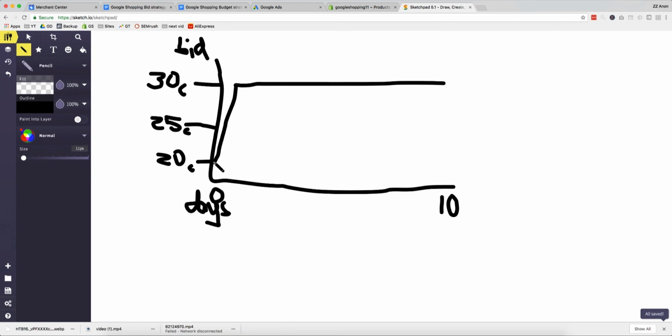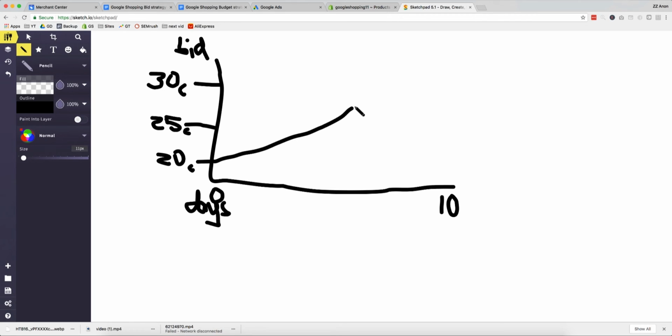If we increase the bid from 20 cents to 30 cents on this day zero, this is how it looks. The bid gradually increases like this and will come up to about 30 cents on the 5th, 6th or 7th day, right? So that's why you shouldn't make any more changes to the bid here, because what happens is,